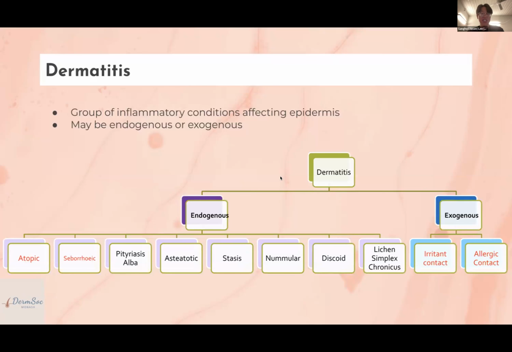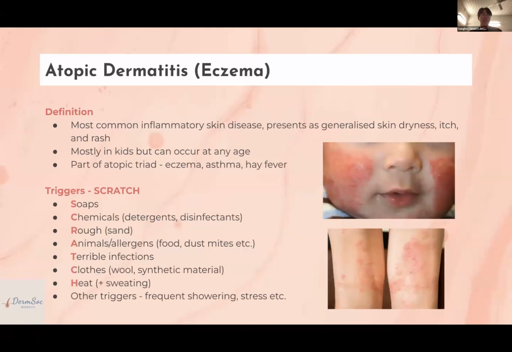So dermatitis is an umbrella terminology to refer to inflammation of the skin, commonly affecting the epidermis, and these can be broadly categorized into endogenous or exogenous dermatitises. So starting with atopic eczema, or atopic dermatitis, also known as eczema. It's the most common inflammatory skin disease, presenting commonly as generalized skin dryness, itchiness, and rash, mostly in kids, but